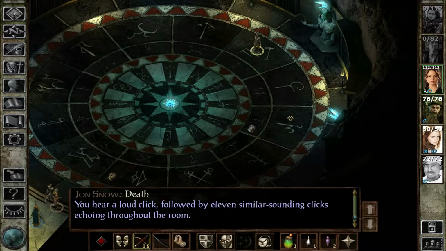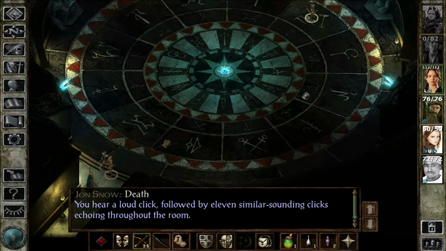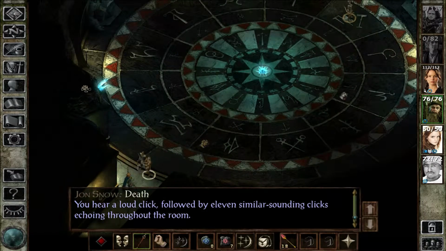So what's this? 1, 2, 3, 4, 5, 6, 7, 8, 9, 10, 11. Oh, we included that one. So this is the loud click. 1, 2, 3, 4, 5, 6, 7, 8, 9, 10, 11. So I went and stood there with Jon Snow and nothing happened. I think he had to get right in the centre of the room. You know, if we can now go with...